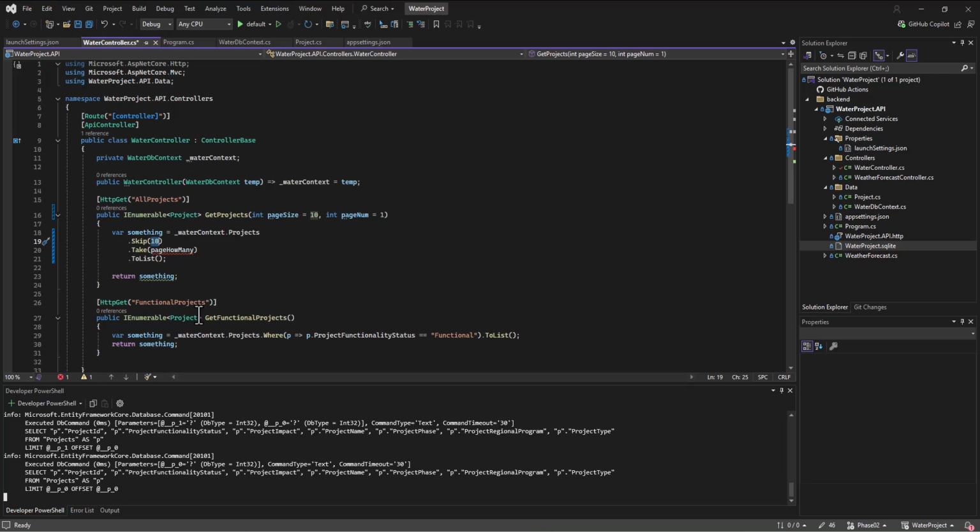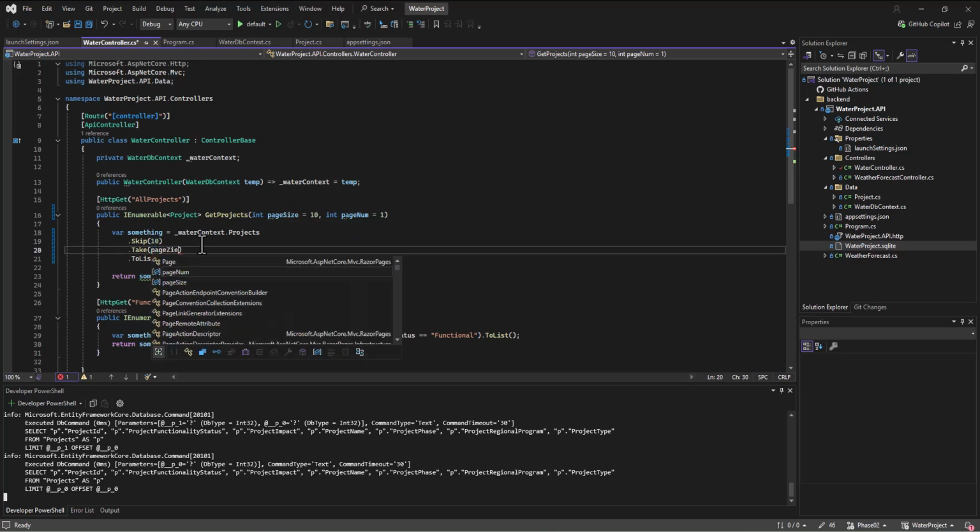Well, if page number is 1, where do we want to actually start? Sorry, in the skip, we're going to take the page, oh, now we have to change this too, because I changed it here. This would be the page size.